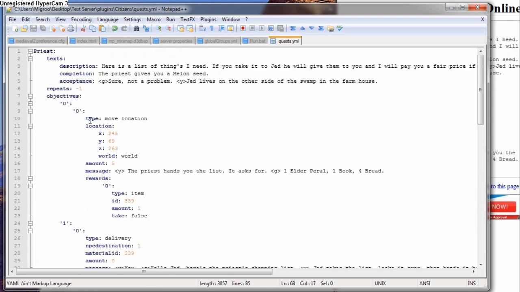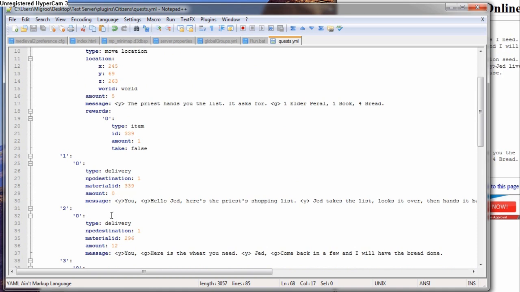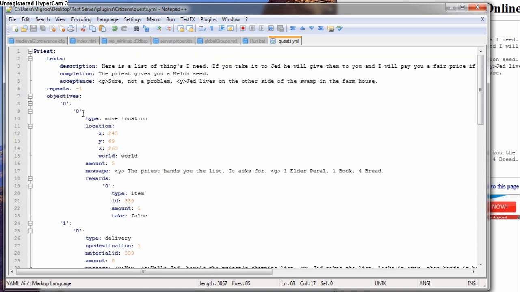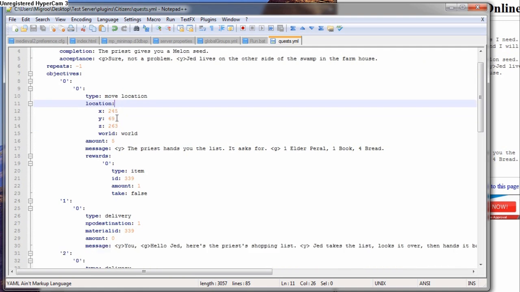But all of the sub-objectives have to be completed, unless they're set as optional, before it will move on to the next objective. So then within the sub-objectives, we have the type. In this case, this is a move type, so you have to go somewhere. And then the location, which is specific to the type. If your type is, say, deliver, you're not going to have a location. It's only if you're moving to a place, or maybe there are a couple of other cases where you use it,